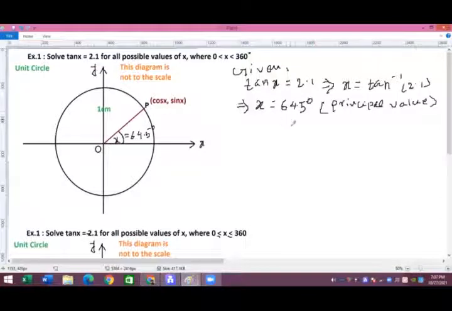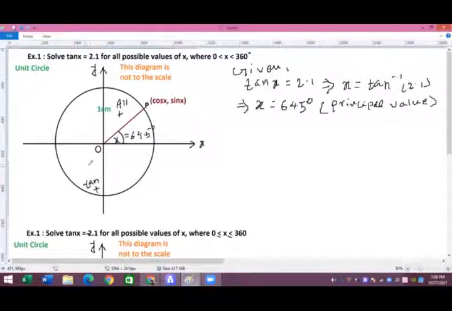And now this is not enough, because you have to see all possible values of x in the domain 0 to 360 degrees. You have to see that tan x is 2.1 and this is a positive number. Then you have to check where tan is positive. So in the first quadrant they are all positive. Alright, so one of the tan values is here in the first quadrant, so one of the answers is 64.5. Now you know that also in the third quadrant tan is positive, but